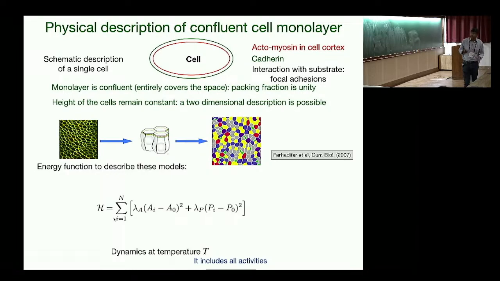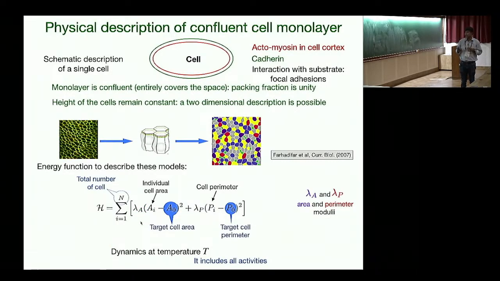Now the cell cytoplasm can be represented as an incompressible fluid, so the volume remains constant and the height fluctuates a little bit. Those two aspects we can write down as a term of the form K_A (A_i − A_0)^2, where A_i is the area of the particular ith cell and A_0 is the target area. If the height does not vary too much, you can represent it as a constant like this. Now this second term, this is the